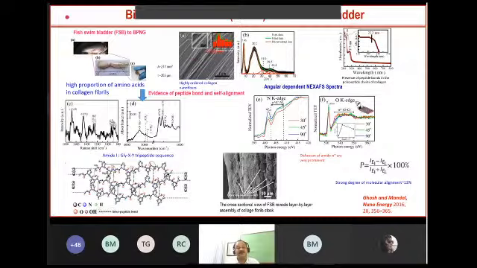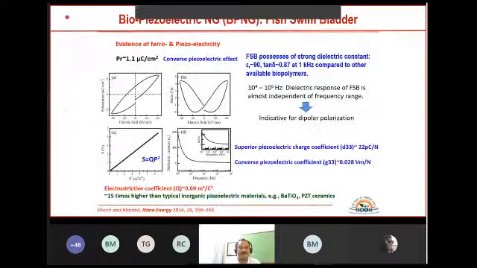So in summary, what I can say is that the natural source, like the fish swim bladder, has molecular dipoles that are already oriented. In order to prove that, we did a lot of spectroscopy, but the moral of the story is that we have achieved almost 13% molecular dipole alignment. This is some fundamental physics where